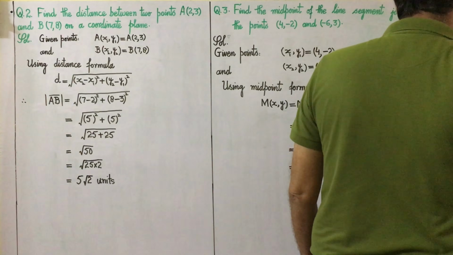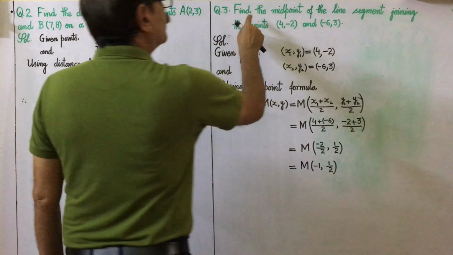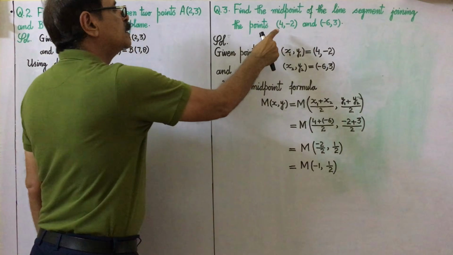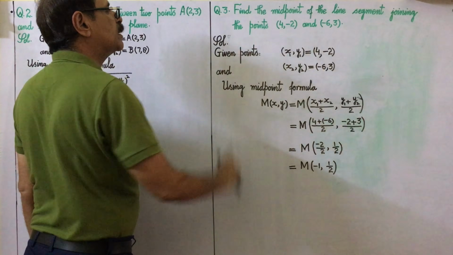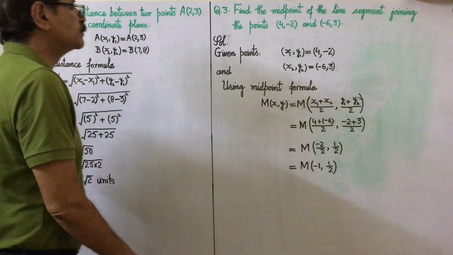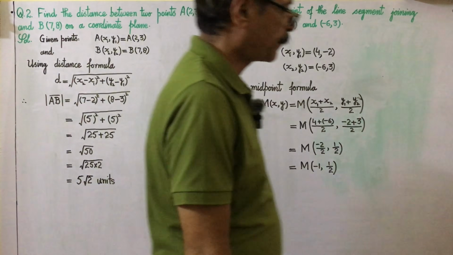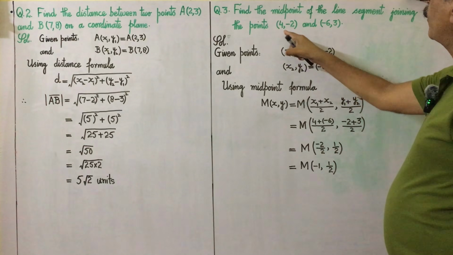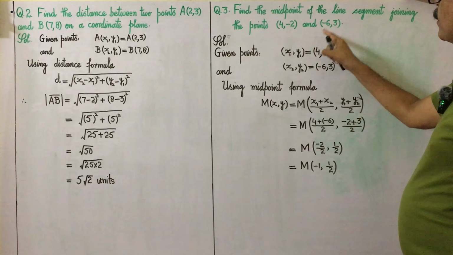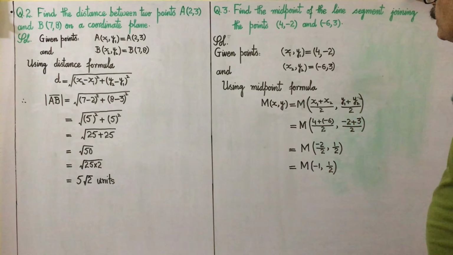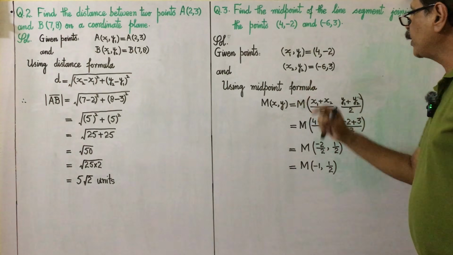Question 3. Find the midpoint of the line segment joining the points. First point is (4, minus 2) and second point is (minus 6, 3). Solution: given points x1, y1 as 4 and minus 2 and x2, y2 as minus 6 and 3. Using midpoint formula,